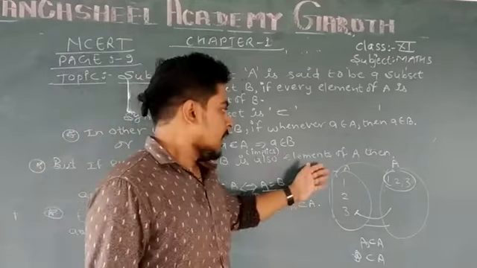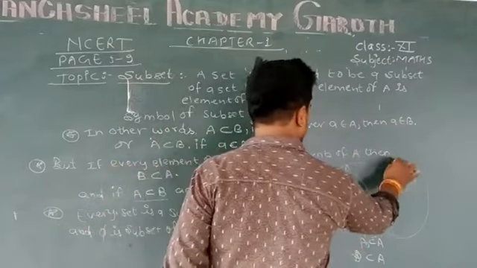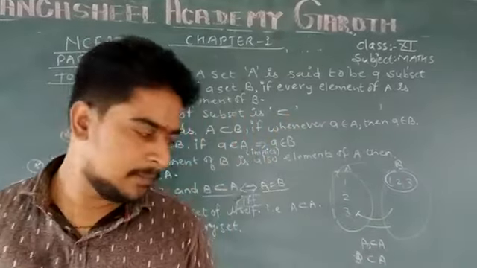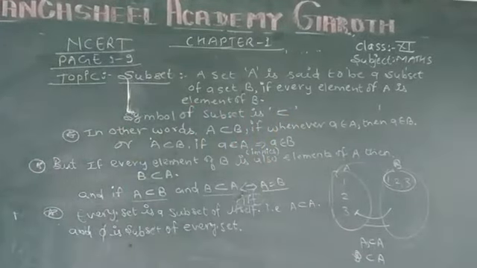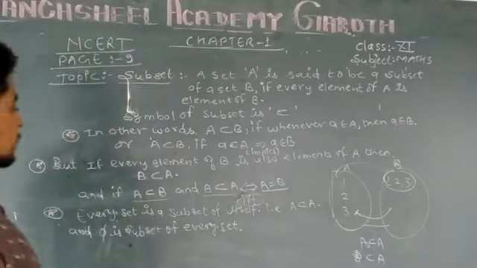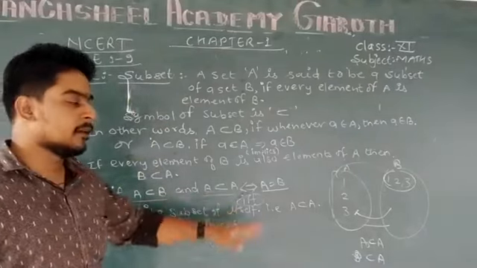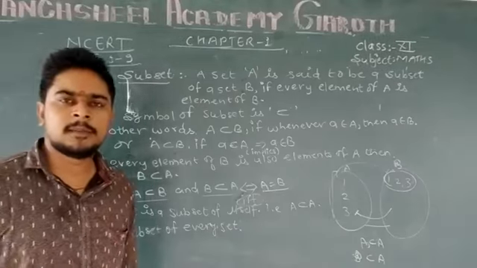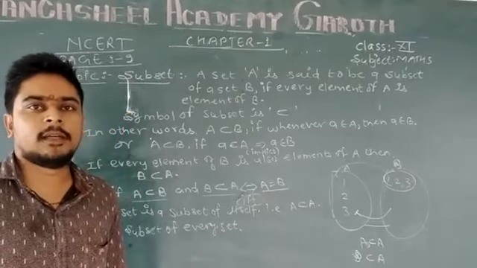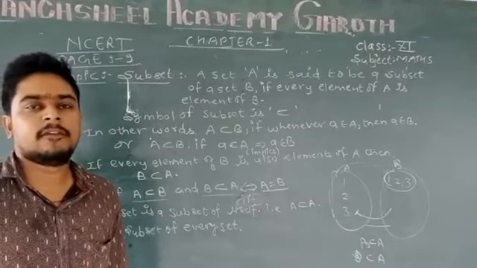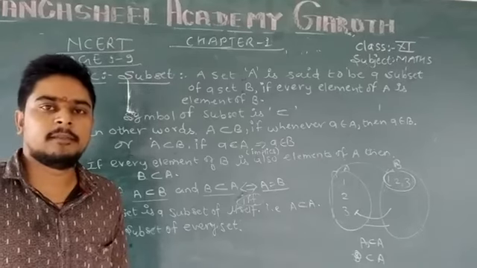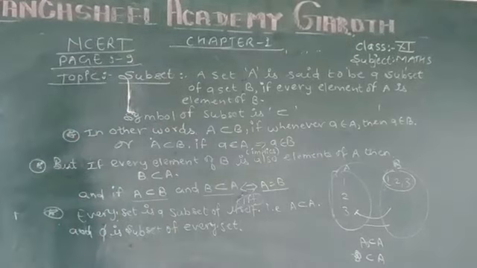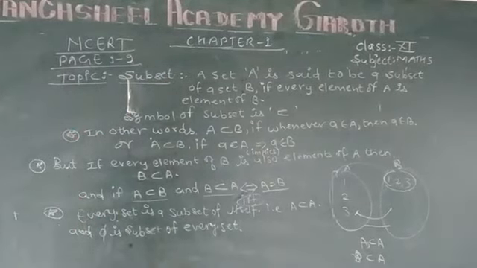If A is a subset of another set B, then we are sure that each and every element of A will be an element of B. Okay. Now, if both the sets are subsets of each other, it is only possible when both the sets are equal to each other. Now, we will talk about the number systems, and we will find the relation between their sets and subsets. So, we will discuss the number system.